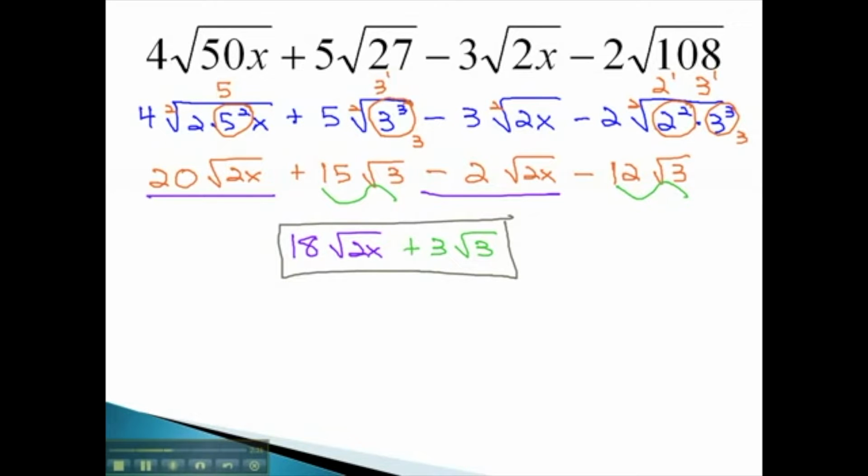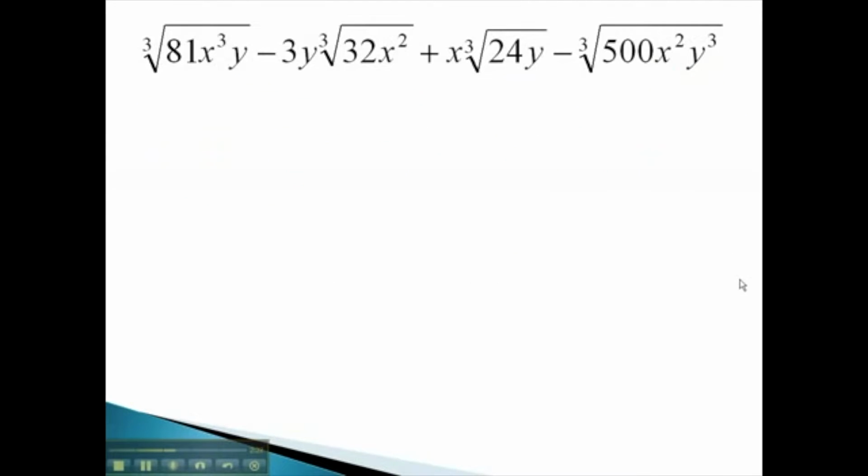Let's try another example where we have to simplify the radicals first before we can find any like radicals. In this problem, we have cube roots, but the process is identical. We must find the prime factorizations of the numbers to see if we can do any simplifying. 81 is 3 to the 4th power, x cubed y, minus 3y times the cube root of 32. Its prime factorization is 2 to the 5th, x squared,